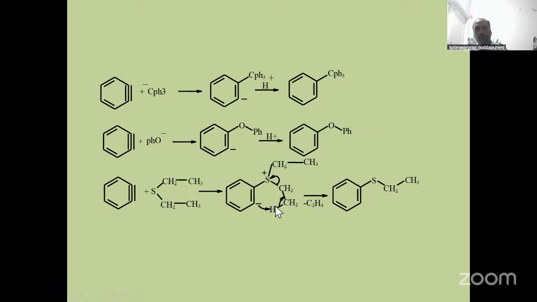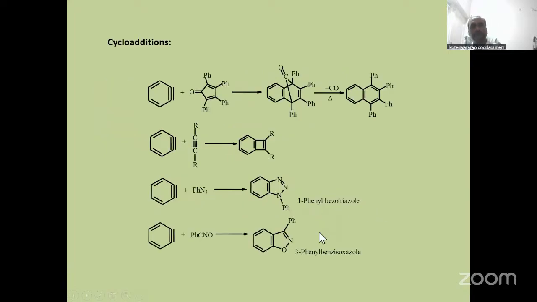Later, this carbon ion abstracts the proton from the ethyl group of that thioether derivative substitution. Then it leads to the formation of a rearranged product by the elimination of ethylene from the molecule. Next, cycloaddition with the pentanone derivative, 1,2,2,3,4,5 tetraphenyl